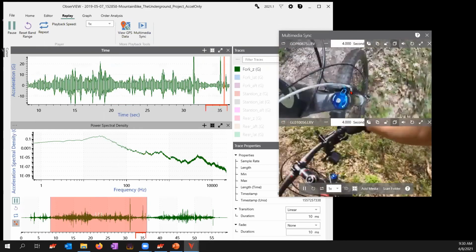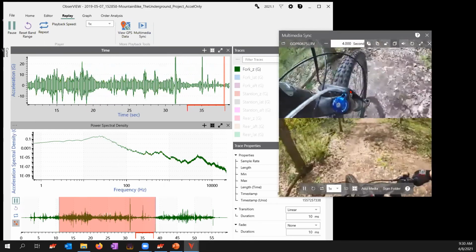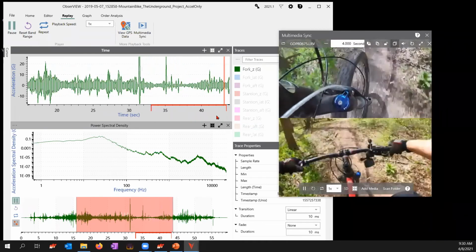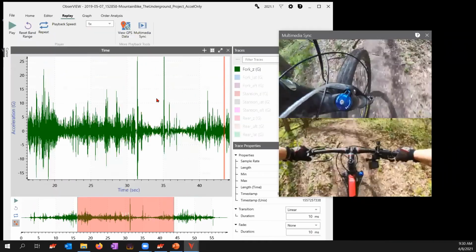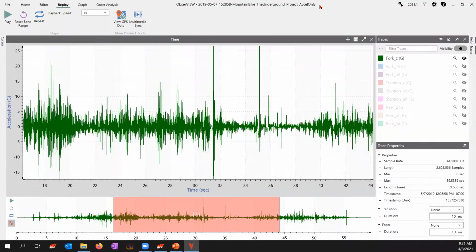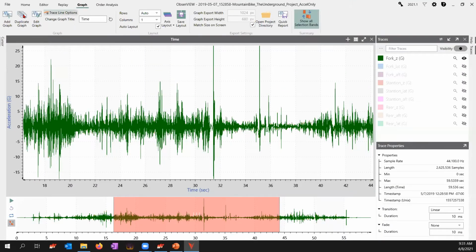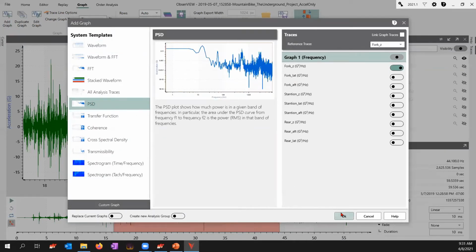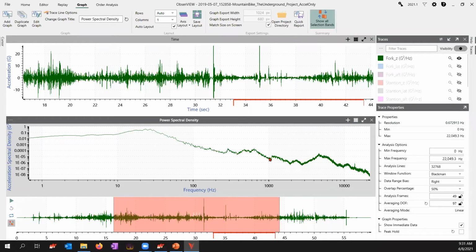The main accelerometer that we'll be focusing on is the one mounted on the front fork of the bike. So what we can do is take that time history, and I'll close this here so it's easier to see, and we can simply process a PSD. Now I've processed a PSD. Of course, I can adjust the parameters and so on. But if I just wanted to run a simple random vibration test, I can go ahead and just copy this,